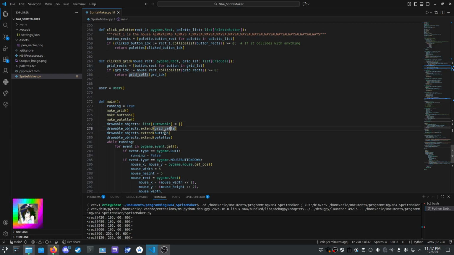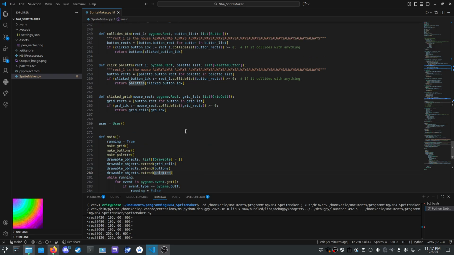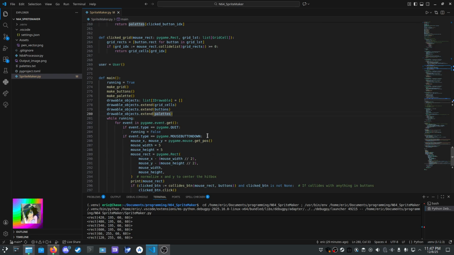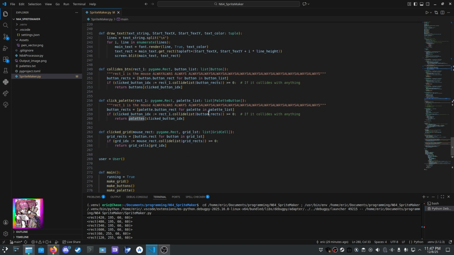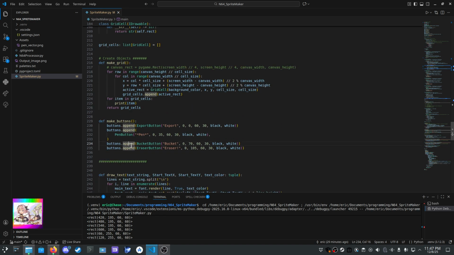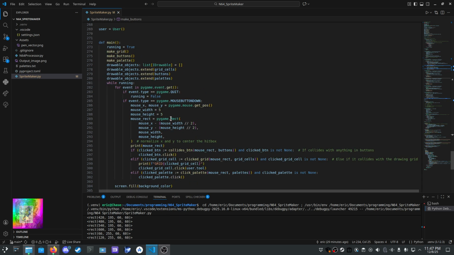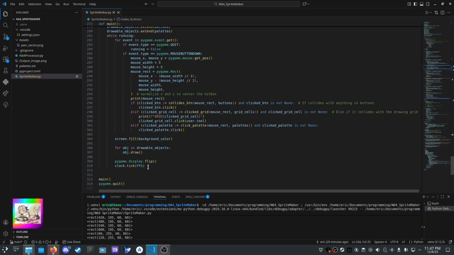We extend grid cells, buttons, and palettes, which if you saw here, we append everything to. Earlier when we make things, we're appending it all. So this is really just making sure everything gets drawn, which we do right here.